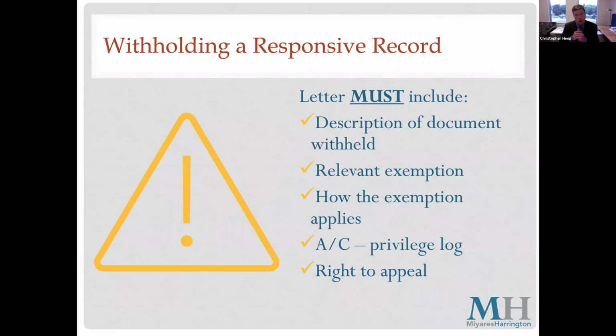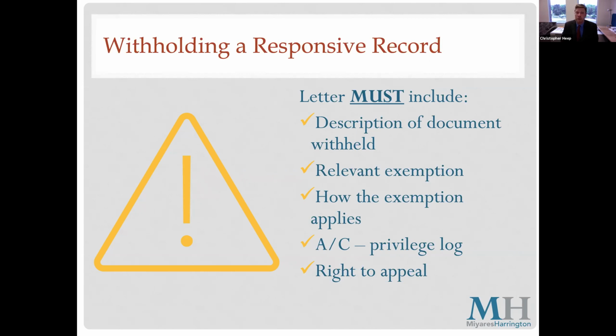As noted, also on the list of potential types of responses to a public records request, the town can withhold a responsive record if it is subject to one or more of the exemptions that we discussed, or the attorney-client privilege. But there are some specific requirements that we need to adhere to when doing this type of response. The letter in response, if we're withholding records, must describe the documents being withheld, cite to the specific exemption that's being claimed, and explain how that exemption applies to the documents.